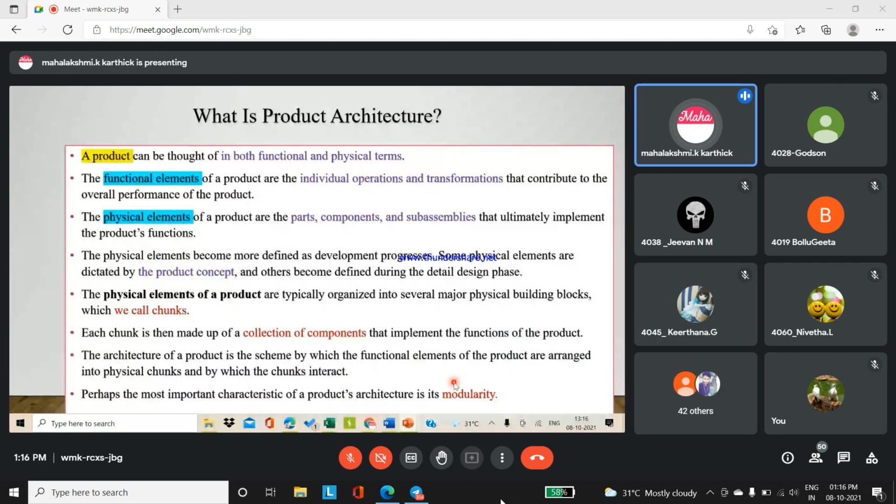You have to understand functional elements of a particular product and physical elements. So yesterday, day after yesterday, I have discussed what is the difference. Functional elements mainly deal with a particular product's individual operations and transformations. For example, if we take a CPU processor, the functional elements have been identified, and each and every processor